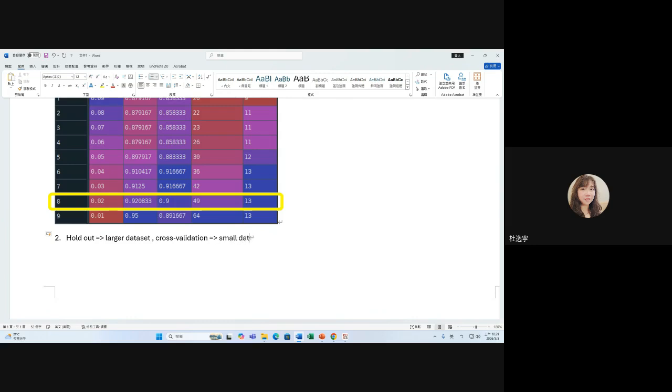Because cross validation tends to get better results, but will cost more computing resources. 大的资料集用 hold out，小的资料集用 cross validation。Extreme case 就是 leave one out，少到不行了，你就宁可 leave one out。